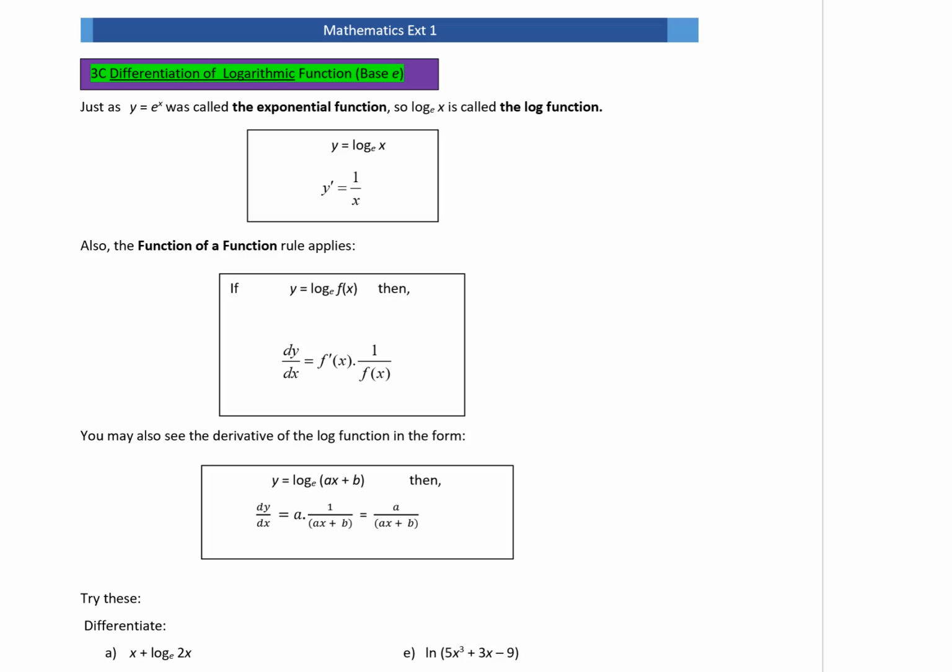It's a nice, simple connection. When you differentiate the log of x, and it is only to base e, then you simply get the derivative, or dy dx, is 1 on x. So some interesting things,